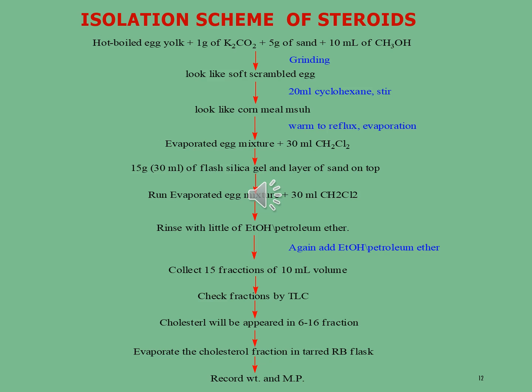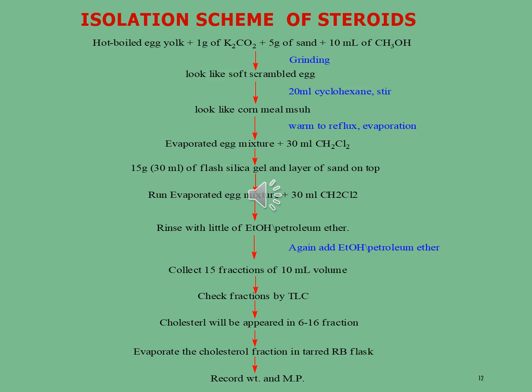In this material, we will add 20 ml of cyclohexane and stir it for some time. After that, we will take the cornmeal mush material. The whole material is then subjected to reflux and evaporation. After evaporation, we will get the evaporated egg mixture in which we will add 30 ml of methylene chloride. Now, this material is subjected to column chromatography in which we will take 15 gram of flash silica gel and